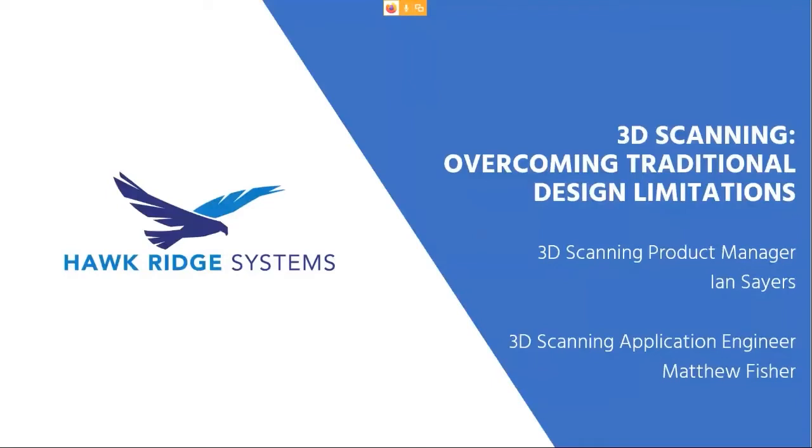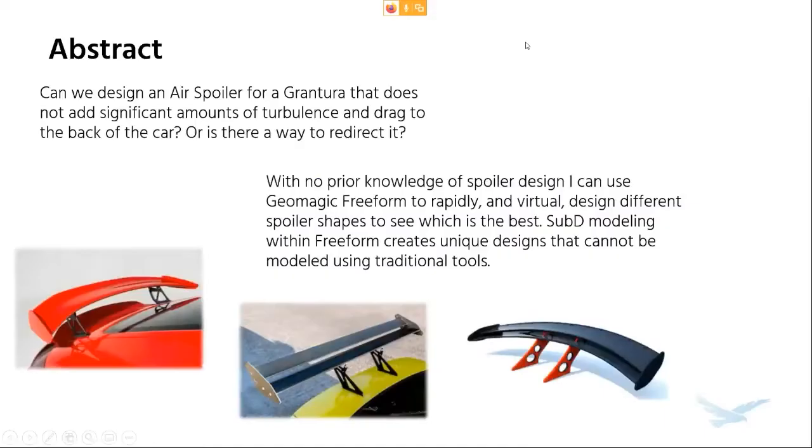And to expand upon what Ian's been talking about, we're going to be talking about a case study of designing a part. So the abstract of this is that the task was to design an air spoiler for a Grand Tour car. If you've ever seen a Grand Tour car, it's got a very sleek, very smooth backside. And it's very difficult to add products to it and design around it because of just how freeform